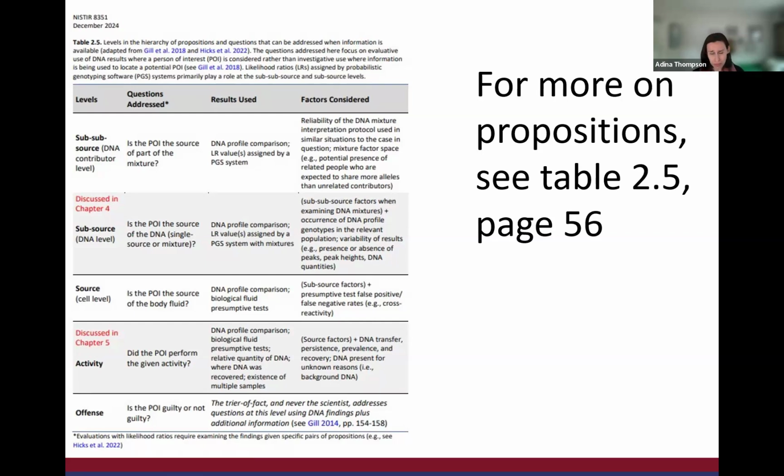And this chart can help you understand a little bit more deeply about what I mean when I say the questions we're asking about the evidence. So again, we're not going to go too deep in, but this is a place for you to dig more if it's useful to you.